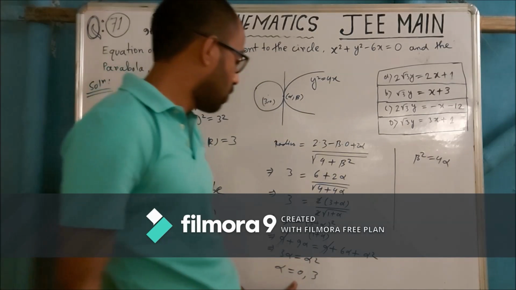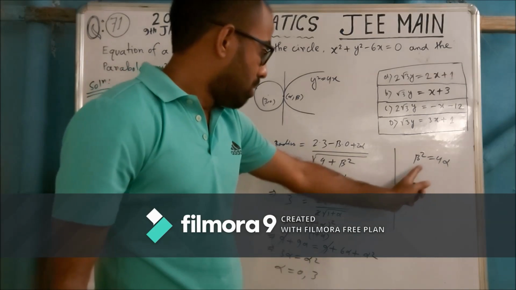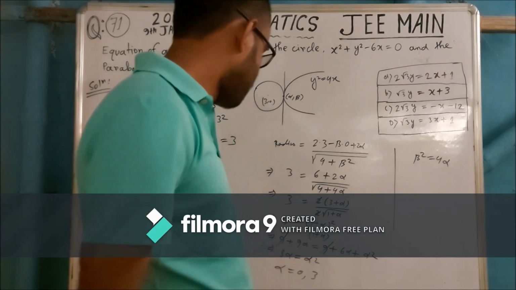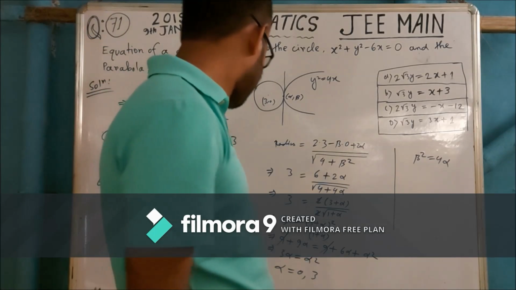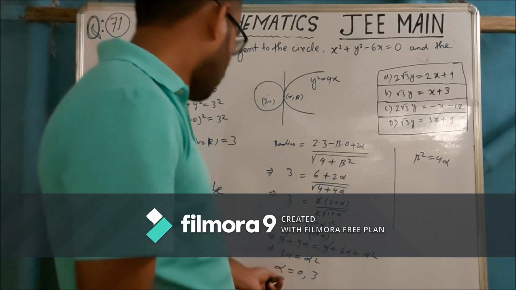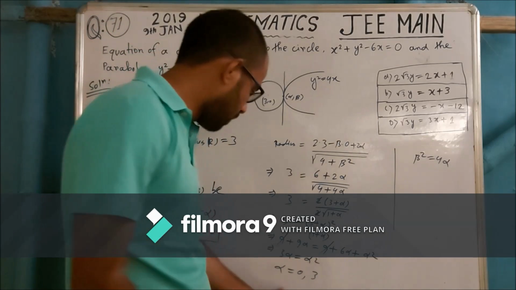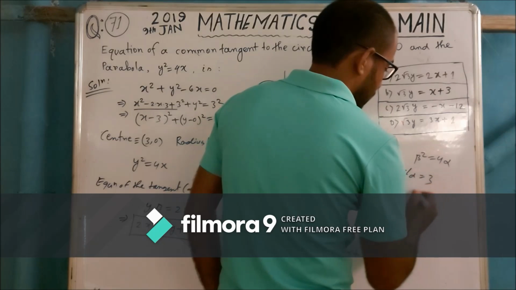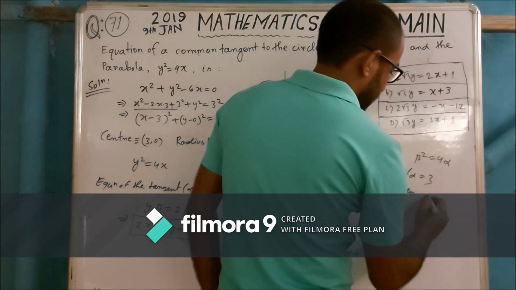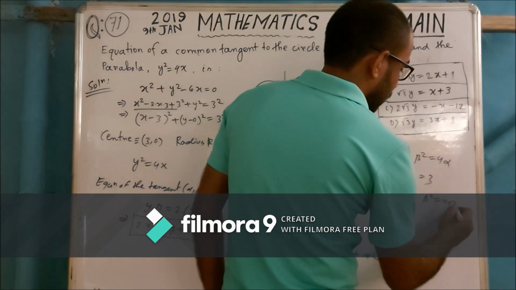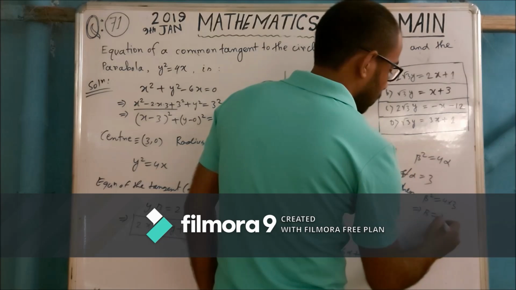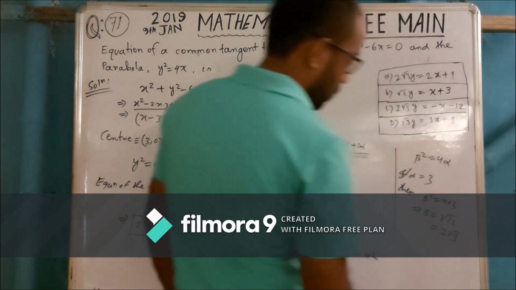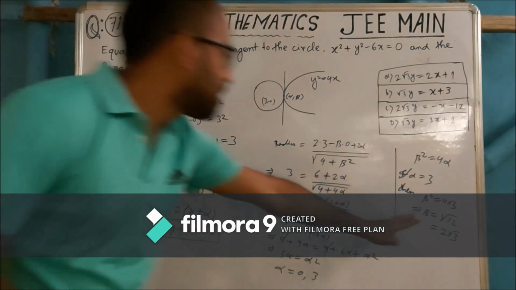If we choose alpha equal to 0, we get beta equal to 0 also, and this is the origin of the coordinate xy plane. So we choose alpha equal to 3. If alpha equal to 3, then beta square is equal to 4 into 3, that means beta equal to root 12, that means 2 root 3. This is the value of beta and this is the value of alpha.